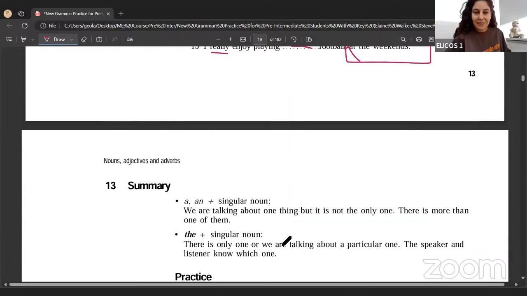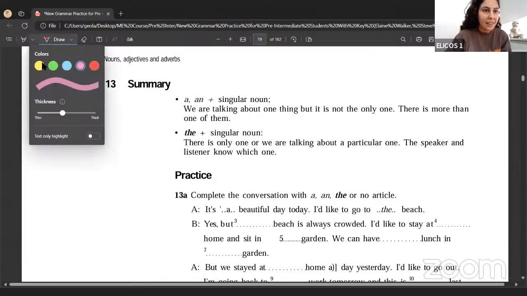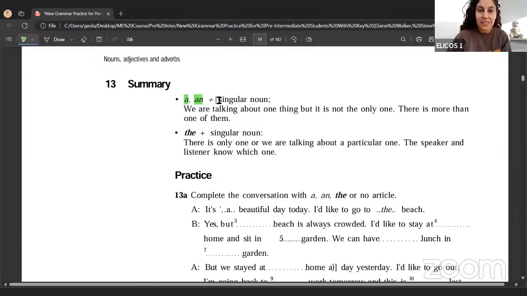This will be the last part. So a summary just means recap all the rules that we have learnt, with a bit of practice. So, summary. We have a and an with a singular noun. Remember, this is for countable, when you're just talking about one. So we are talking about one thing, but it is not the only thing. There is more than one of them. So, you know, an apple, a laptop, a phone, a bag,